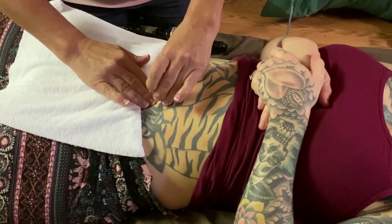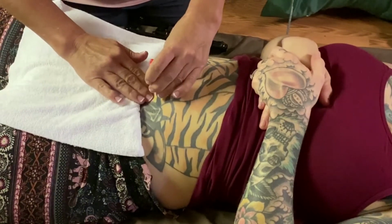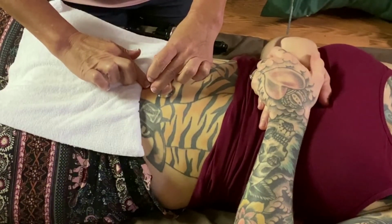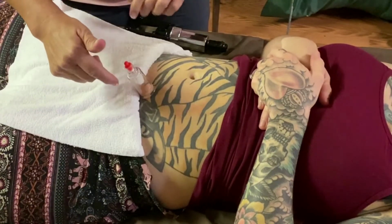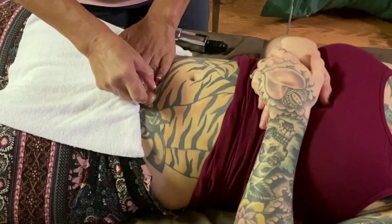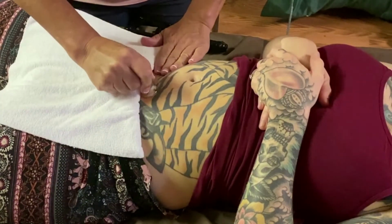I can go away from my fingers and then in each direction, just stretching the tissue. And that's while it's still kind of raw. Then I'm just going to slide it down. You can't slide it on the skin, but once it's healed, I can move down and actually slide the cup with lotion or oil